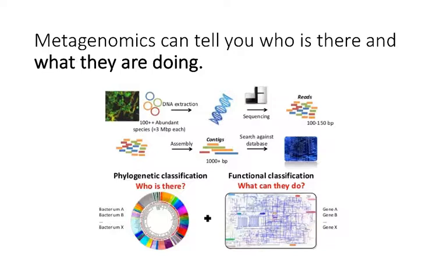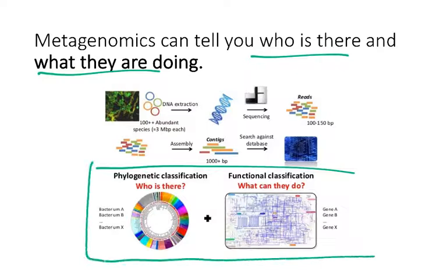And another main advantage of metagenomics is that because you're sampling or getting DNA sequence information from multiple regions of the genome at once, metagenomics can tell you not only what species are there, but also what those species are doing. So here in this workflow image,